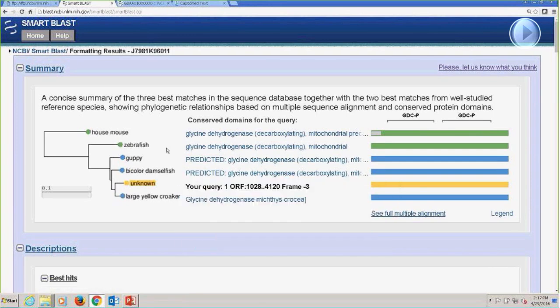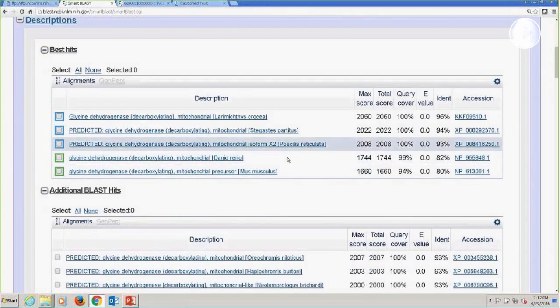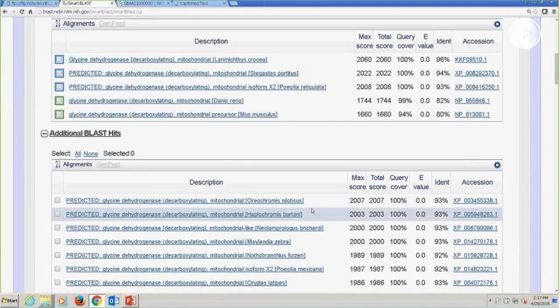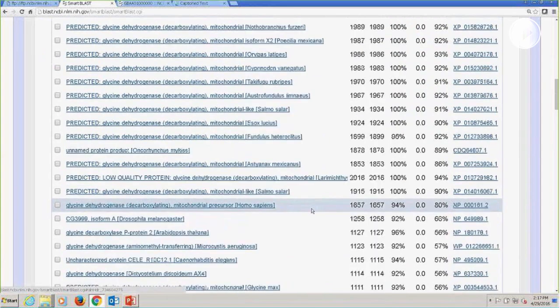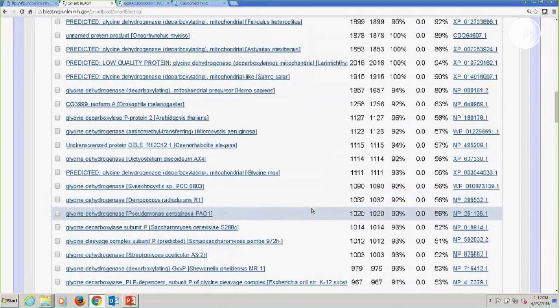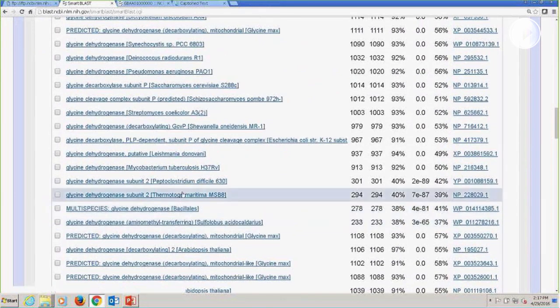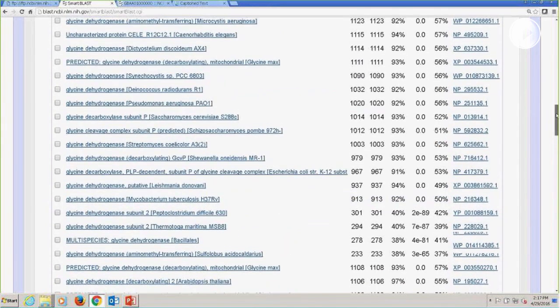The other thing that's kind of useful about this, so here are my best hits, top 5. But these additional hits are interesting because they let me look back. Because the number of organisms in that reference database is limited, I can see much further back than I could in a search against NR. So here are some bacteria, Thermotoga maritima. In fact, if I wanted to find Escherichia coli,